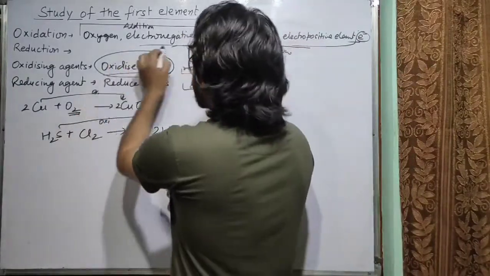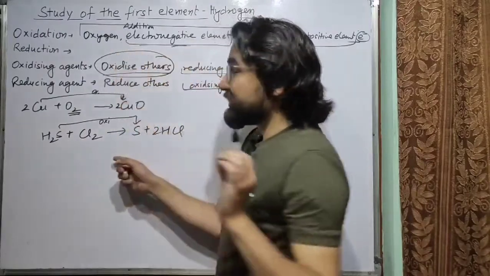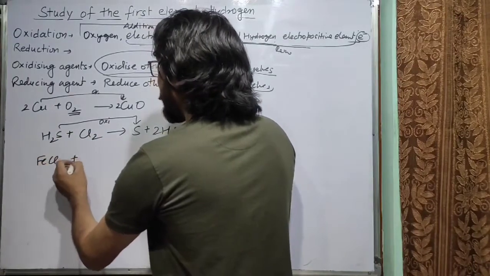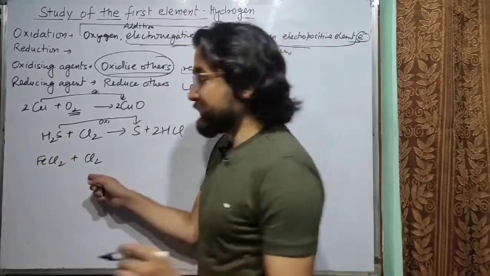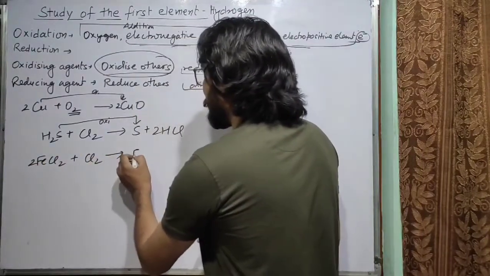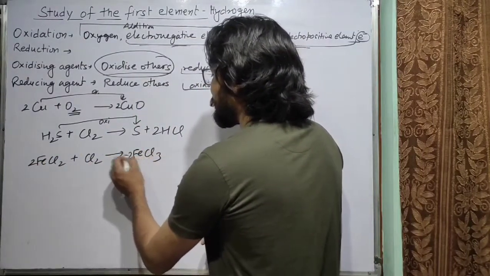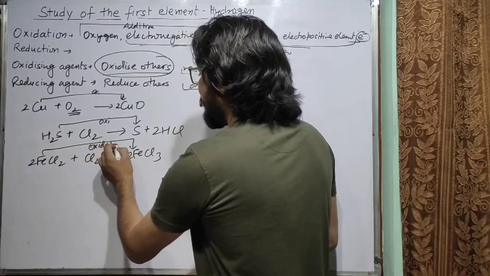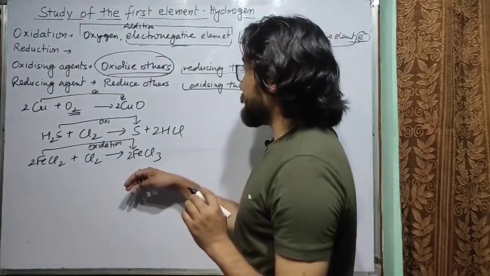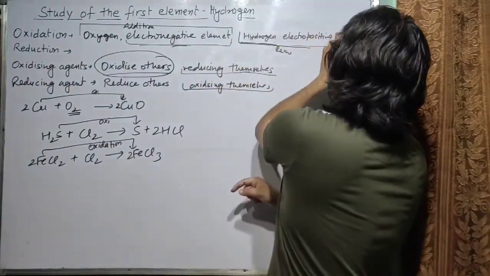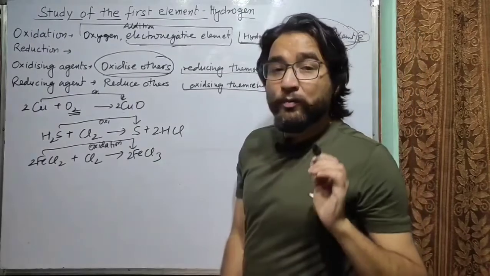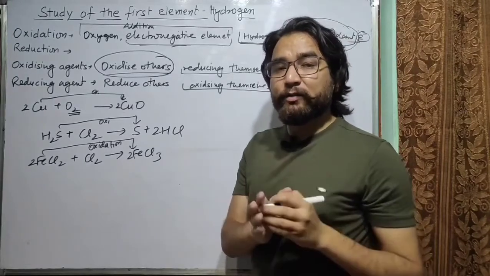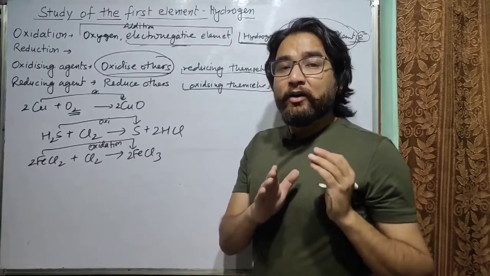Now the next example, that is addition of any other electronegative element is known as oxidation. So let's see, FeCl2 plus Cl2. Now chlorine is a very electronegative element. So if we add chlorine to it, it will form FeCl3. So in this reaction again, oxidation of iron is taking place. Similarly, one more thing, that is removal of electropositive element. So remember, the removal of any electropositive element is also known as oxidation.